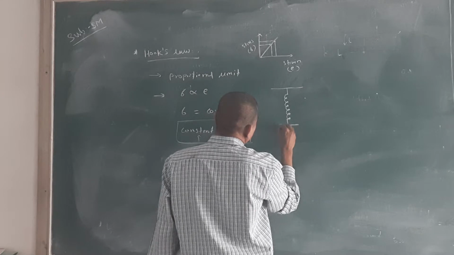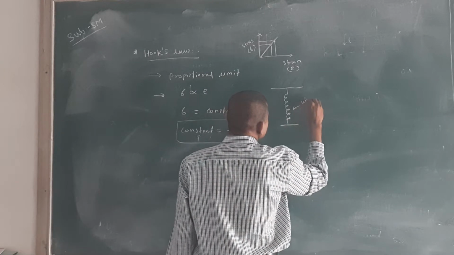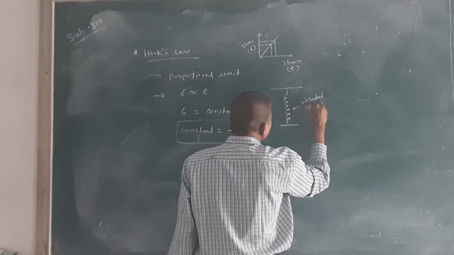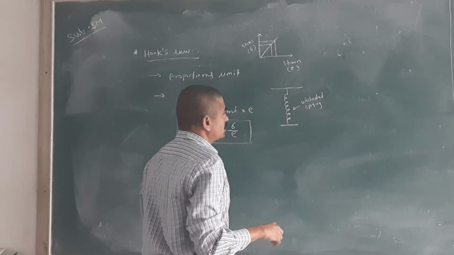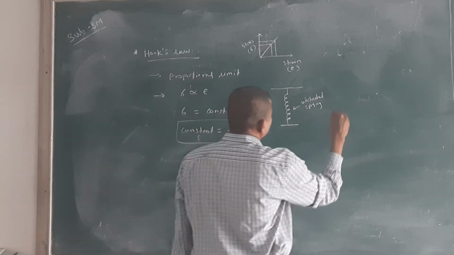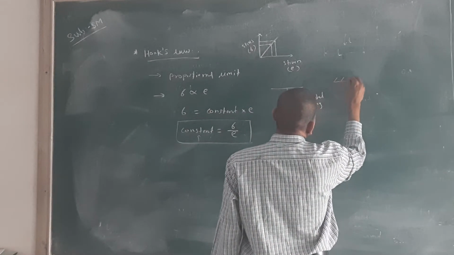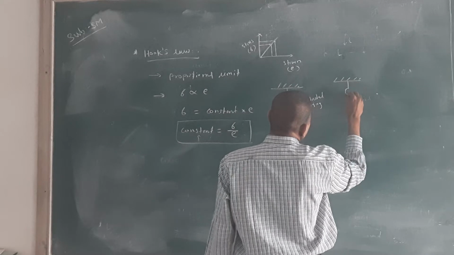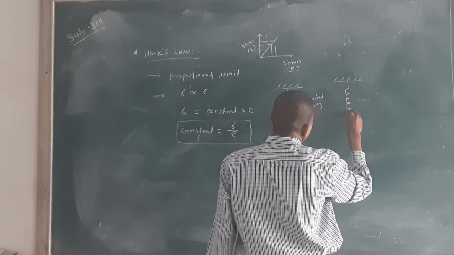See, this is the unstretched spring. Okay, the unstretched spring is there. Then I will draw another one. This one is fixed. Okay, and in the second part,